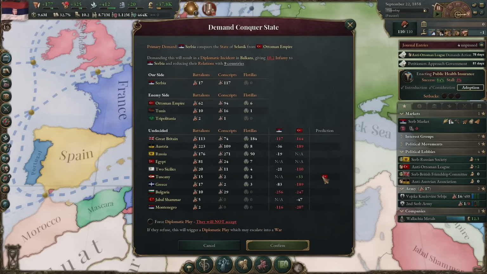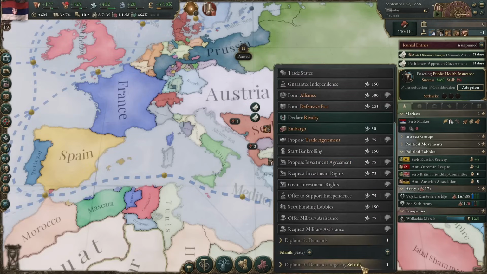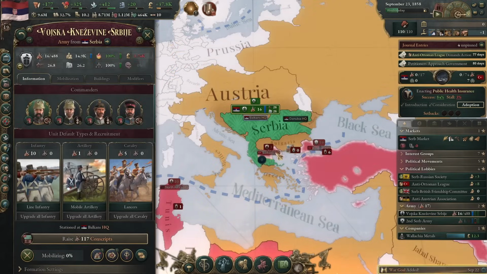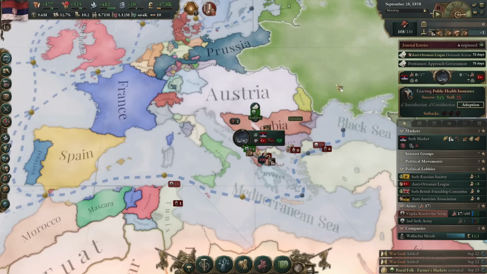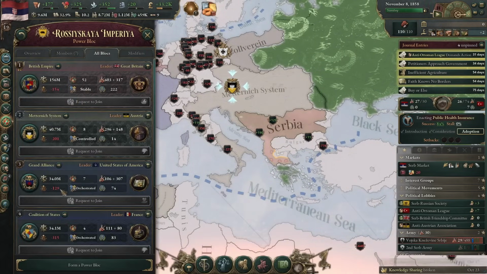Tuscany would be likely to support the Ottoman Empire. I don't know. I guess we might as well just take Selanik, a new state. Don't want to sit at 0 infamy. That would be lame. Defensive cooperation is always kind of annoying, but I think that we might just take over